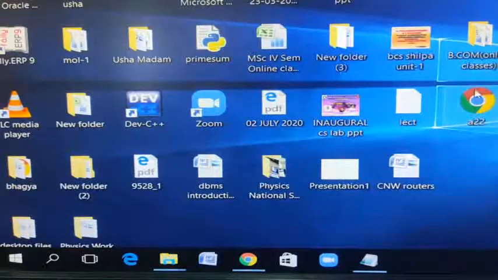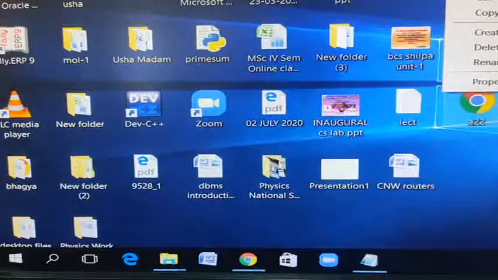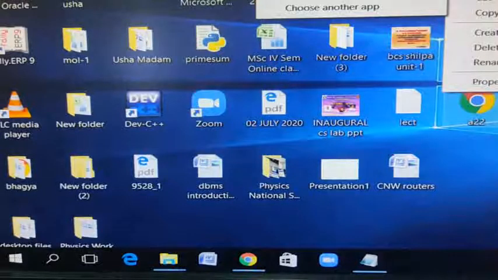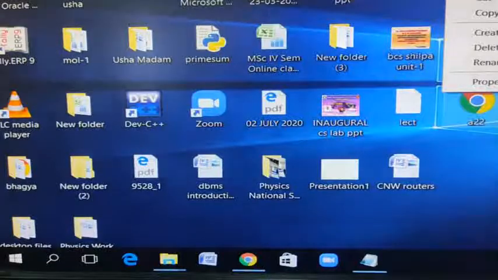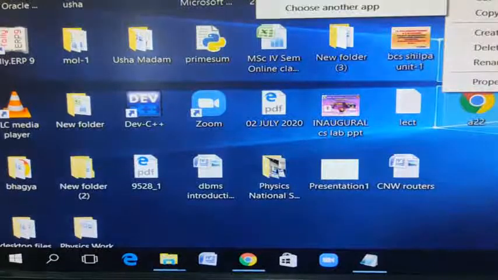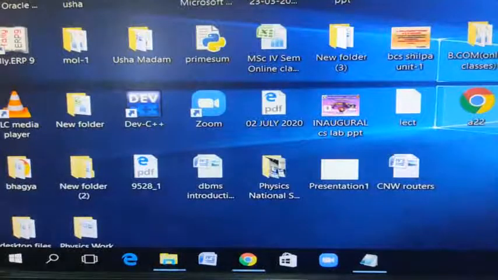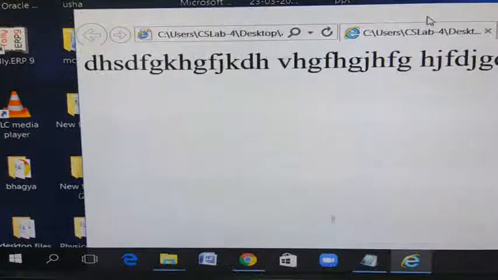Okay, now open with Internet Explorer. See here, by default like 24 points you will get, but I have given 35 points now, so the size of the text will be displayed now as 35 points.